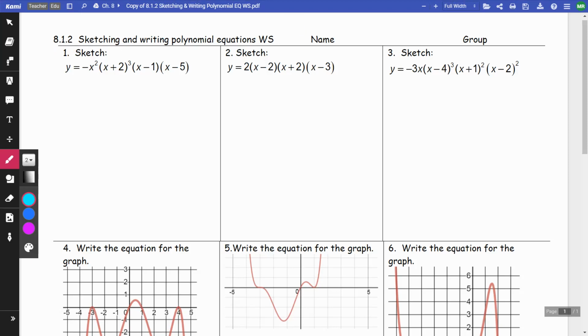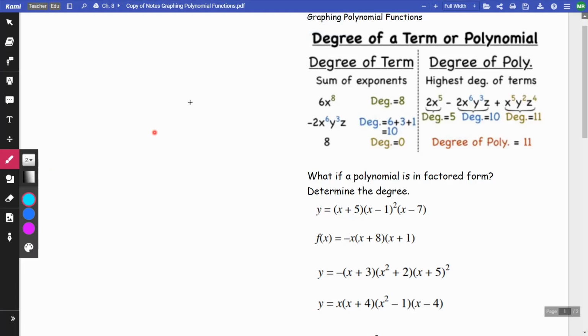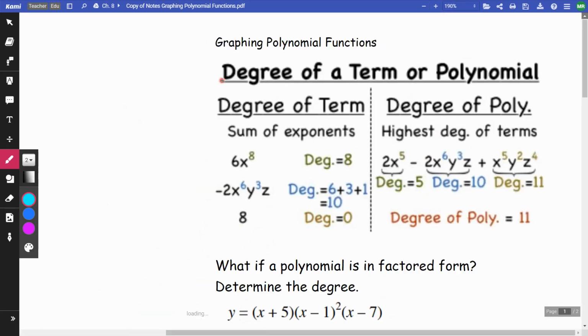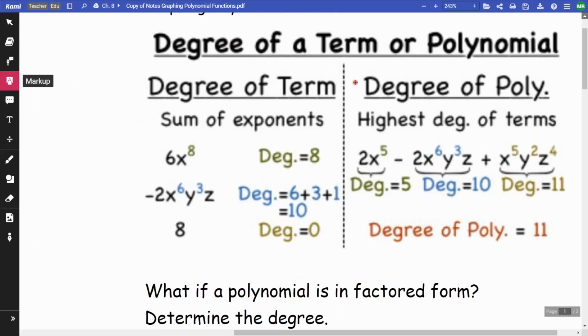I have a completed copy online, but I'm going to run through it and explain it in this video before I go through the assignment. So this was notes on graphing polynomials. And what we first were learning is how to discover what degree a polynomial is. Now, when you're trying to find the degree of a polynomial, the first thing we need to kind of understand